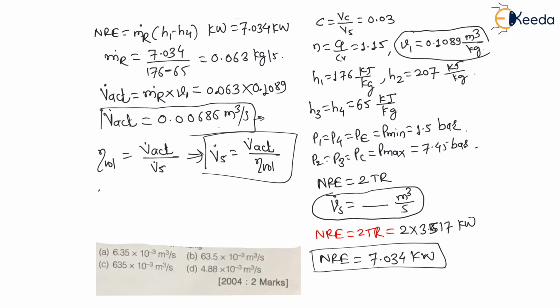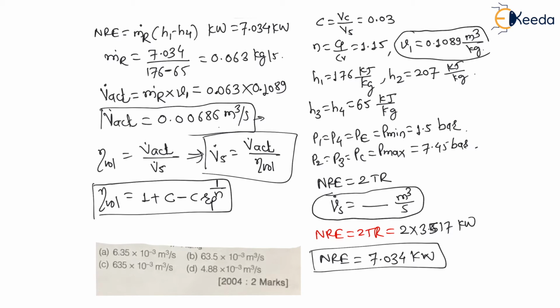So my dear students, to find this displacement volume flow rate, we have to find volumetric efficiency. And for volumetric efficiency in terms of the clearance ratio C and pressure ratio, we have one formula, that is volumetric efficiency is 1 plus C minus C Rp raised to 1 upon N. This is the formula that we have already seen in theory lectures, right? Here C is clearance volume divided by swept volume, which is called clearance ratio. Rp is pressure ratio, that is maximum pressure in the cycle divided by minimum pressure in the cycle. N is polytropic index, that is Cp divided by Cv. All values are given here. So let us find this volumetric efficiency first.